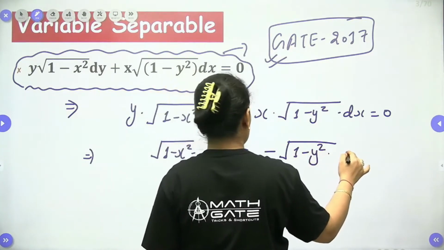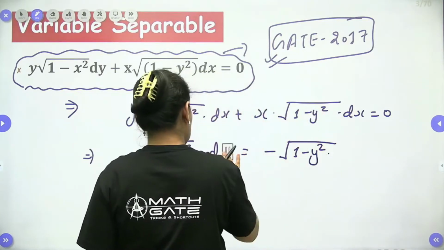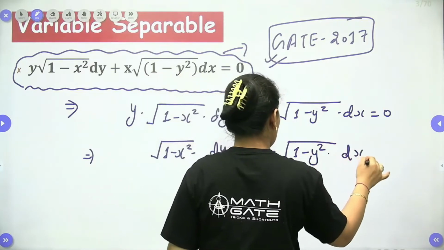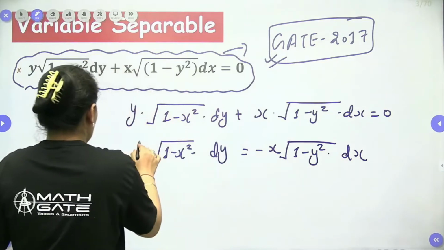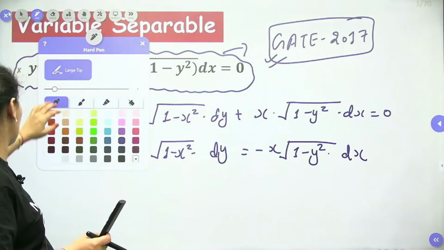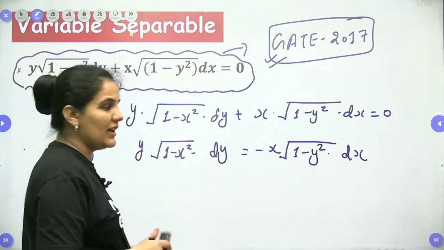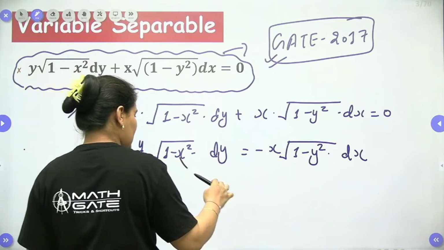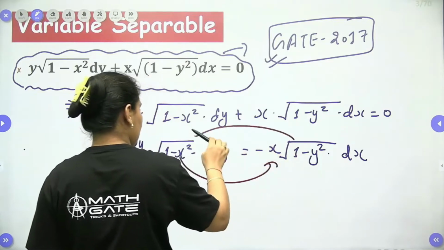So 1 minus y square, and it should be dy, dear students, and it should be dx. Okay, so here you have x and here you have y. Now right now this is not a right condition to approach, because still we are not having all the y together and all the x together. So let's do it in a different manner. Let's just transfer it there and just transfer it here.